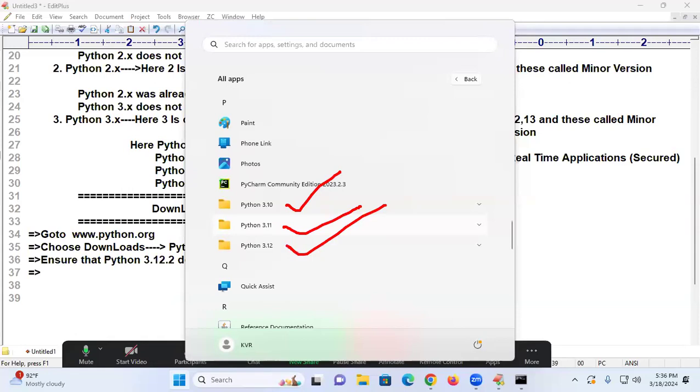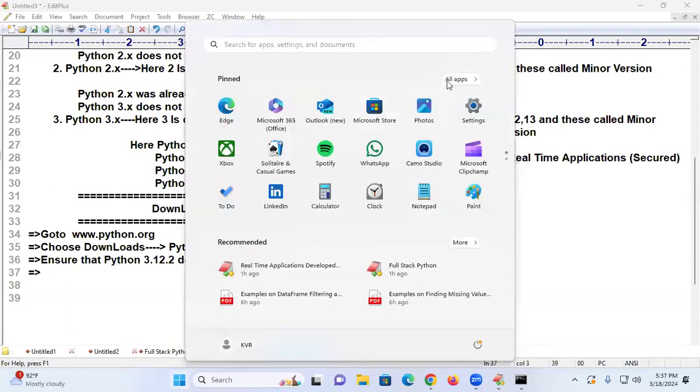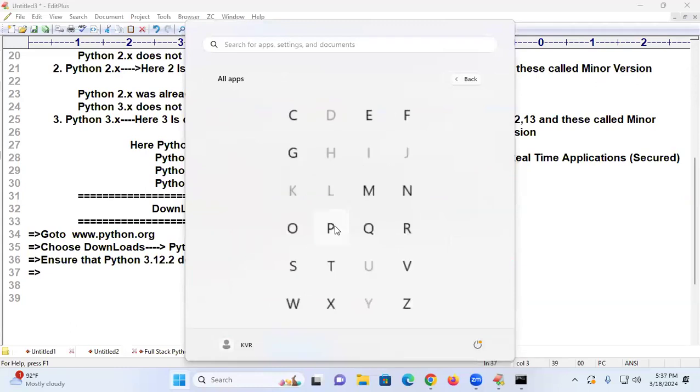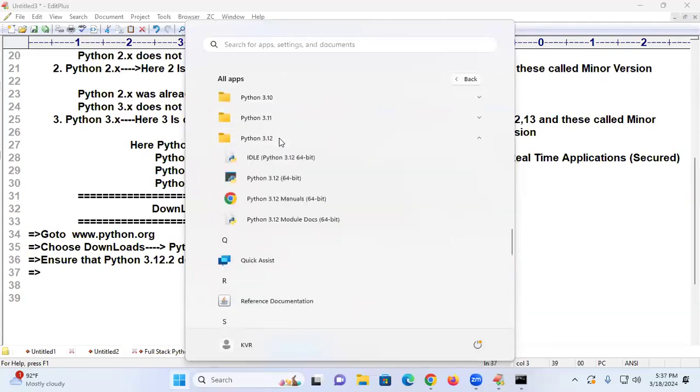Because from an interview point of view, the first question that comes is, what are the differences between Python 3.10 and 3.11 programmatically? If you answer only theoretically, they will say get out. In 3.10, this is the point. In 3.11, I can do this simply, they will say. In 3.12, you can do it in a simpler way. That type of thing you have to explain. Getting it, students? In 3.12, today I want to go to All apps, go to Python. Here I'm going to say 3.12.